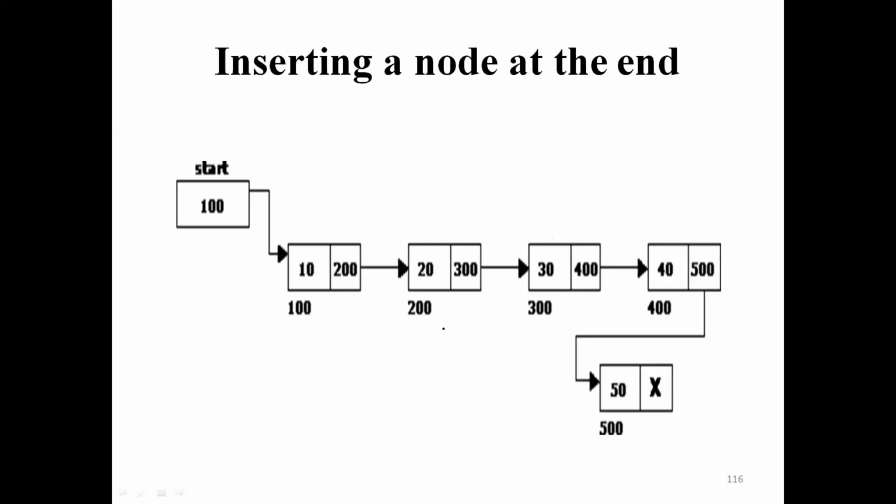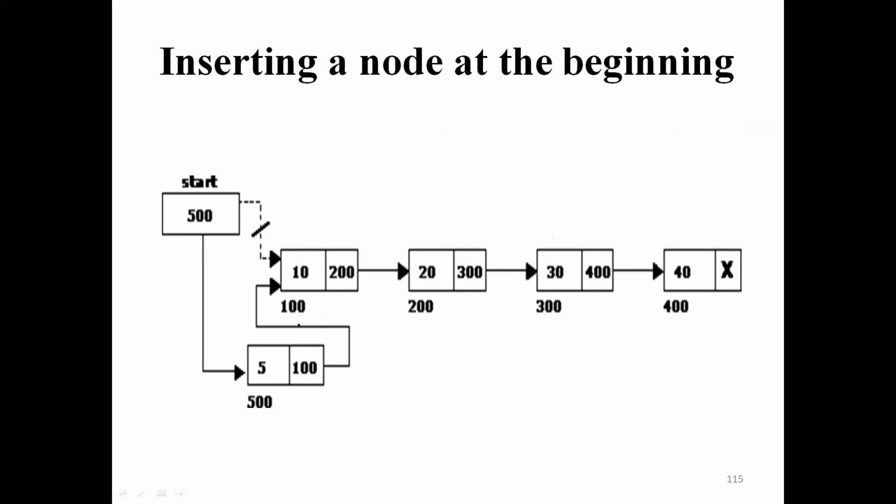So, inserting a node in the beginning. This is how we are inserting. We have seen the programming also, how we have to change the address. The only thing you have to change while doing the operation, insertion or deletion, is the address alone. See, this is a new node created, and we have discussed the get node function elaborately, right? In the C program, when we call the get node function, a new node is created.